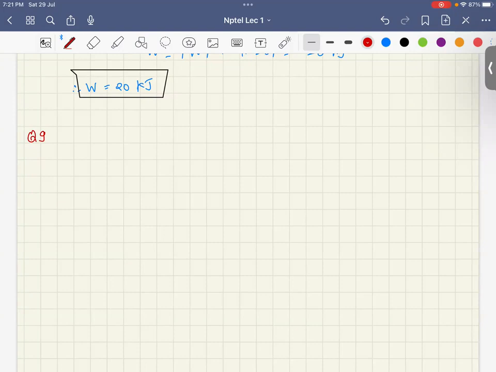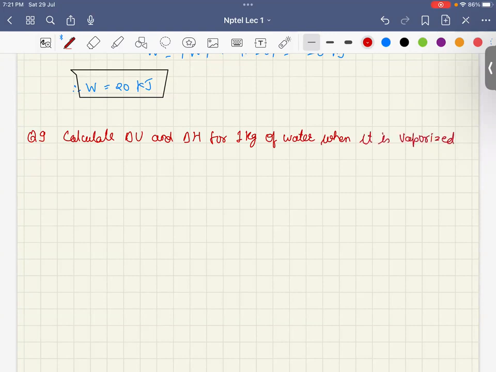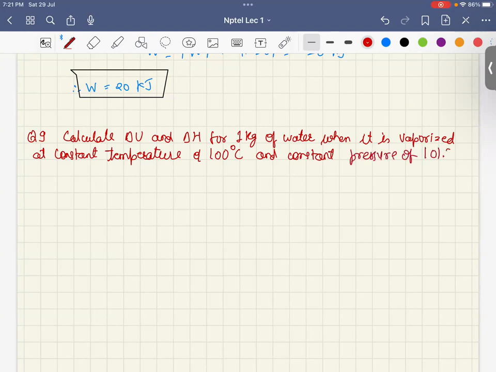What we are given is we have to calculate the change in internal energy and change in enthalpy for 1 kg of water when it is vaporized at a constant temperature of 100 degrees centigrade and a constant pressure of 101.325